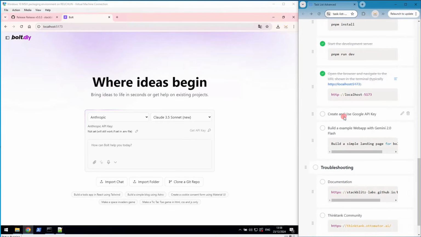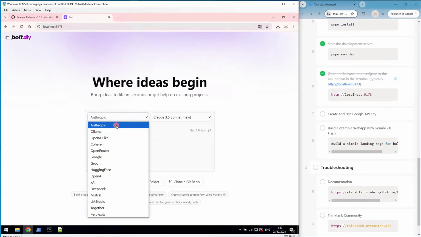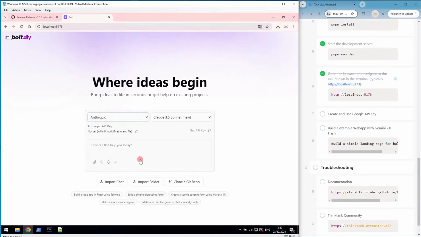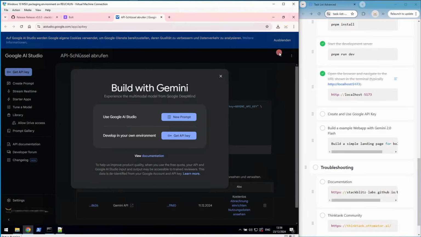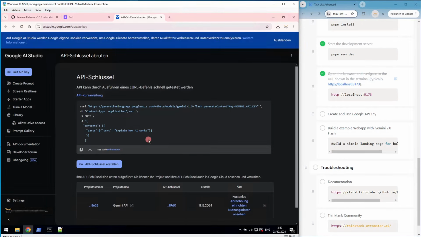which is for demonstrating creating a Google API key and use it for building a simple web app. So for this, we just select here Google, then we click on Get API Key if you don't have one. If you already got one, you can just use it. So I'm already logged in with my Google account. You have to do this maybe first. So then you click Get API Key,